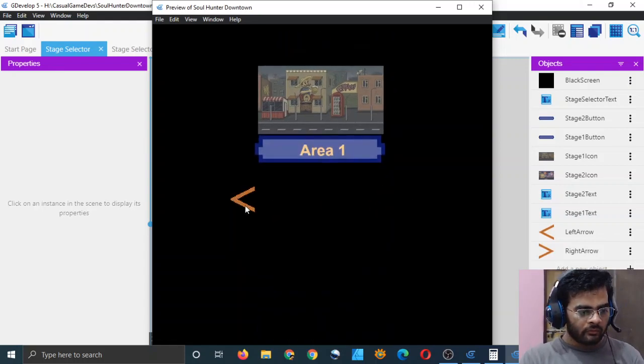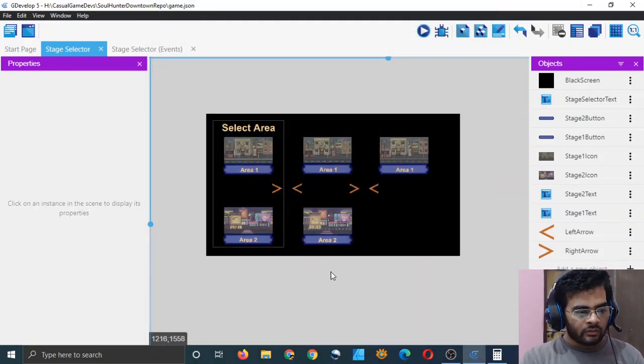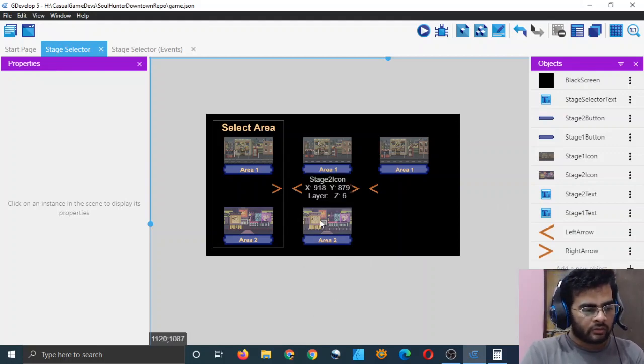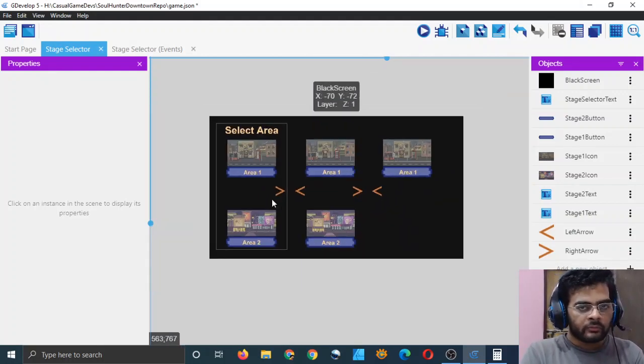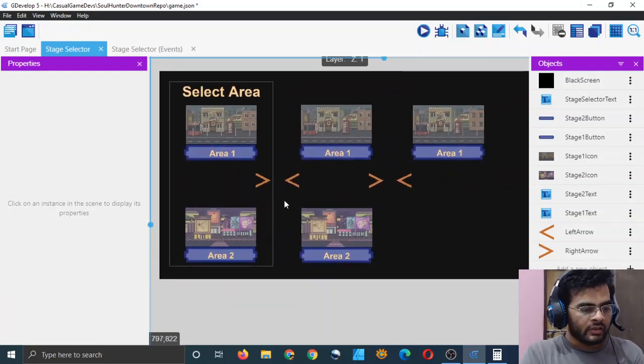So there it is. It's a very simple scrolling system which you can make easily if you have many areas, and you will have to configure it manually. I don't think there is any alternative to that, right? Or you can add a very sophisticated scrolling effect where the camera is actually moving and it shows that the camera is moving. You can do that also. And once it has moved to the next area, it should center on something.